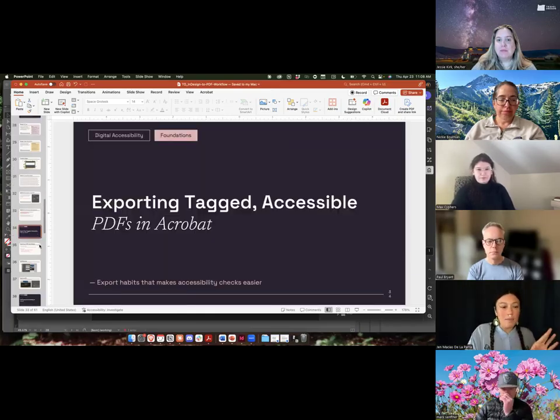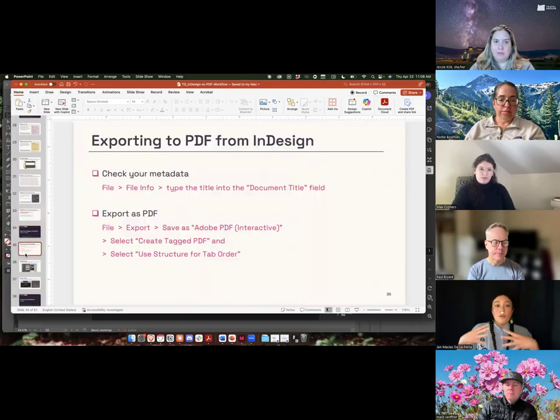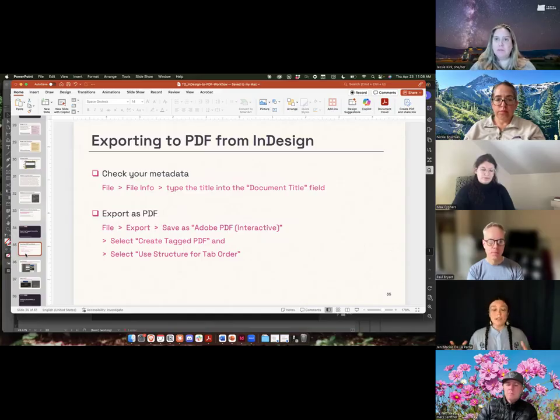But let's talk about exporting tagged accessible PDFs in Acrobat. So some exporting habits that are really helpful. When we're thinking about from InDesign specifically, there are two main things that we want to do, and that's to check our metadata and to export as a PDF. So this is something that is a carryover from the previous training of authoring accessible documents. The biggest takeaway from that is